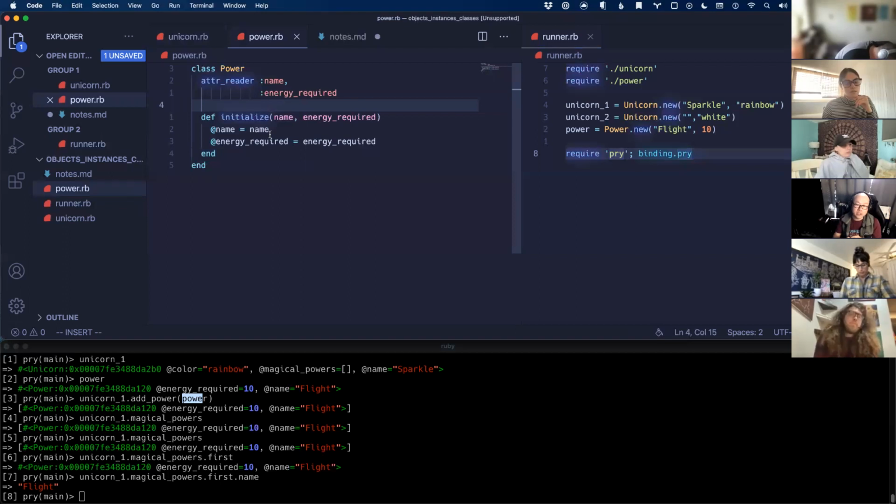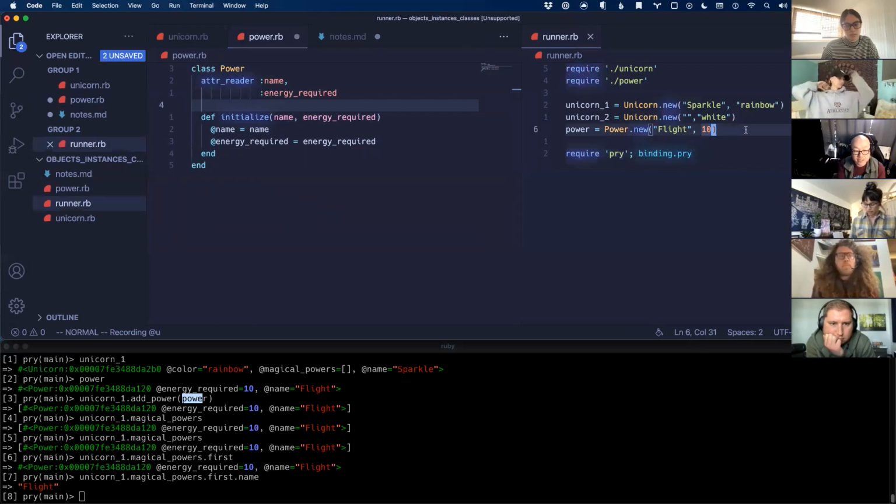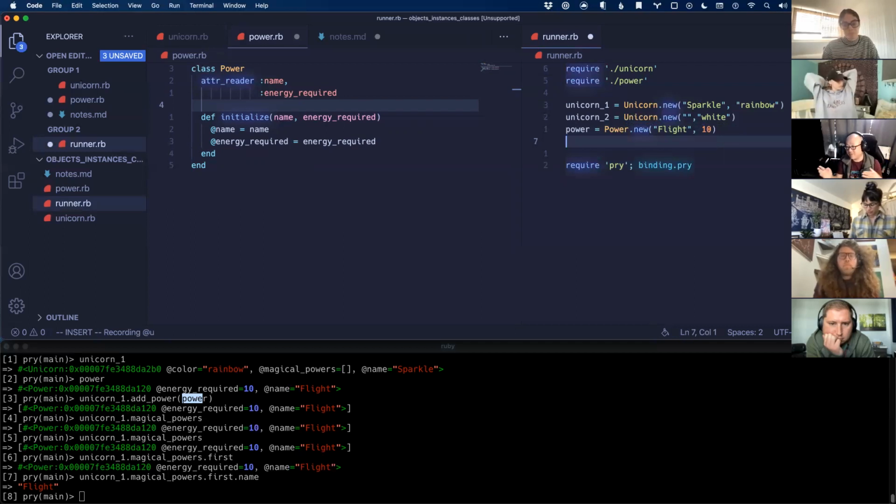I would generally think it is time to move to a custom object if you have multiple attributes about it, right? Would that be over making it a hash, for example? Yes. A person could have done something similar by using a hash, where one key is name and another key is the energy required. But don't do that. The reason you don't do that is